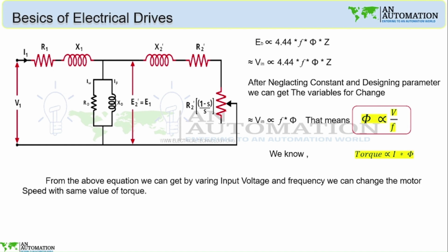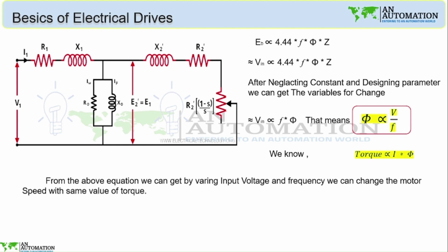Okay, then we need the same torque, but with variable speed. If we run the motor at 30 rpm, it will give 100% torque. If we run the motor at full rpm, like 1400, then it will give the same torque. So what we will have to do is keep the ratio the same,